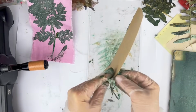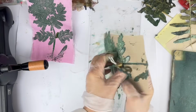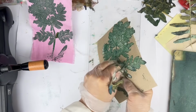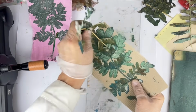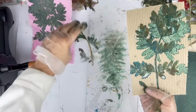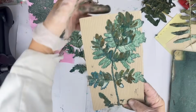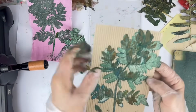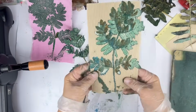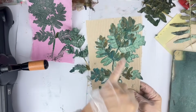And probably I will have my fern stuck in here. So I will embrace that because I will get this. Look at this beautiful, beautiful thing in here. I think I will not take this off because I will have this. So because we have lots of layers,